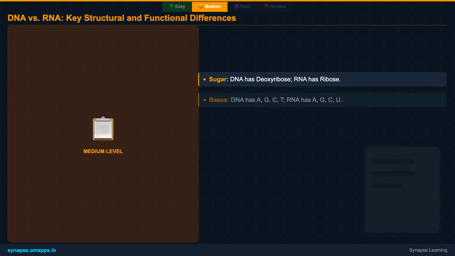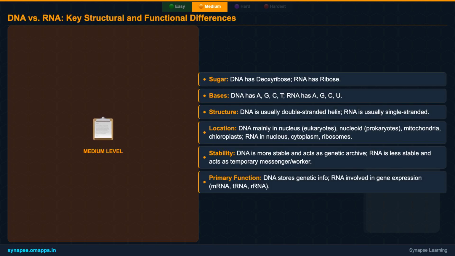It's crucial to understand the distinct differences between DNA and RNA. DNA typically has deoxyribose sugar and uses thymine, is usually double-stranded, and is incredibly stable, acting as the permanent genetic archive. RNA, on the other hand, contains ribose sugar and uracil, is generally single-stranded, and is less stable, serving as a temporary messenger and versatile worker. These differences are fundamental to their distinct roles in the cell, from long-term information storage to active protein synthesis.